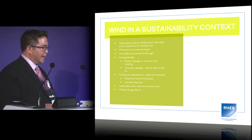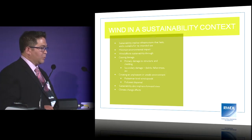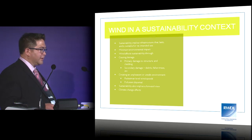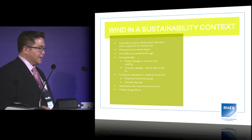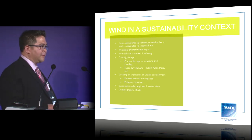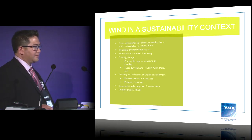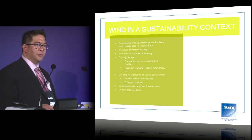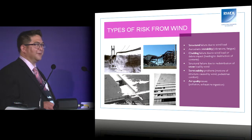Sustainability implies structures that last and have minimum environmental impact. Wind and other climate issues can cause damage to the structure and to the environment around major developments. There can be unpleasant wind conditions for pedestrians, or perhaps problems with air quality around developments. And of course, sustainability also implies we're thinking ahead, thinking about the future. We often get asked about climate change, and we often dodge the question, so you might want to ask